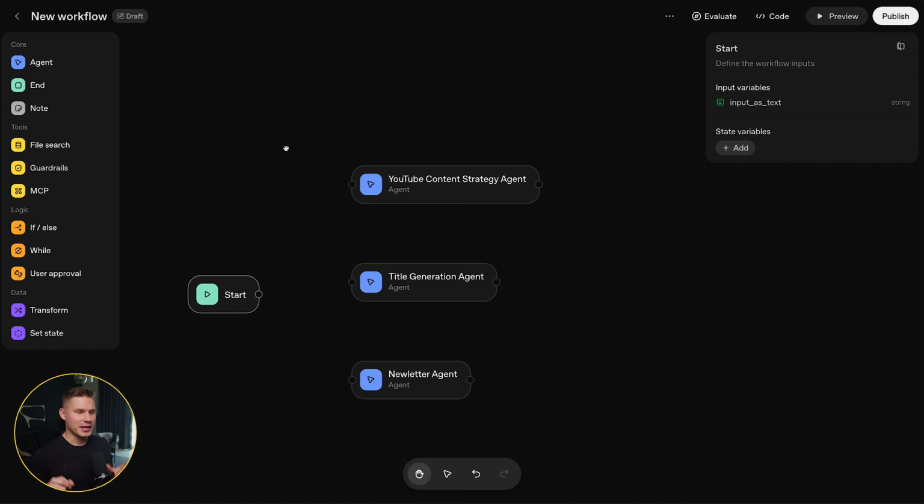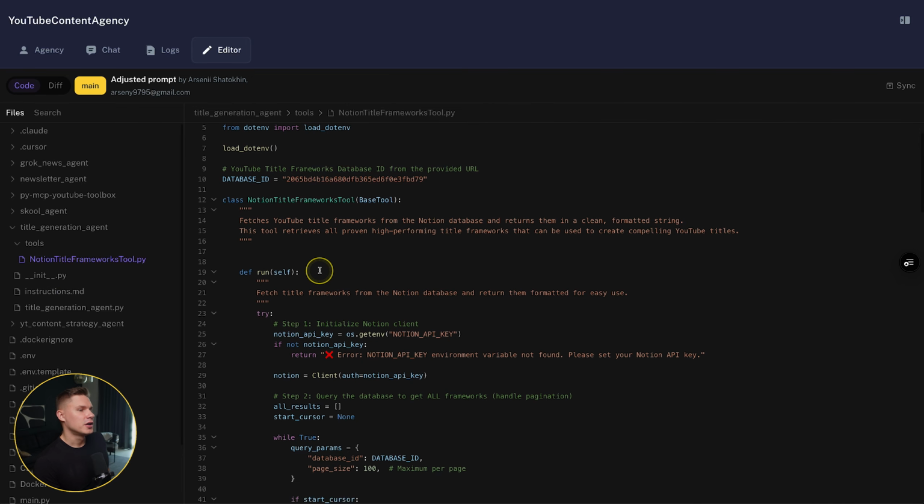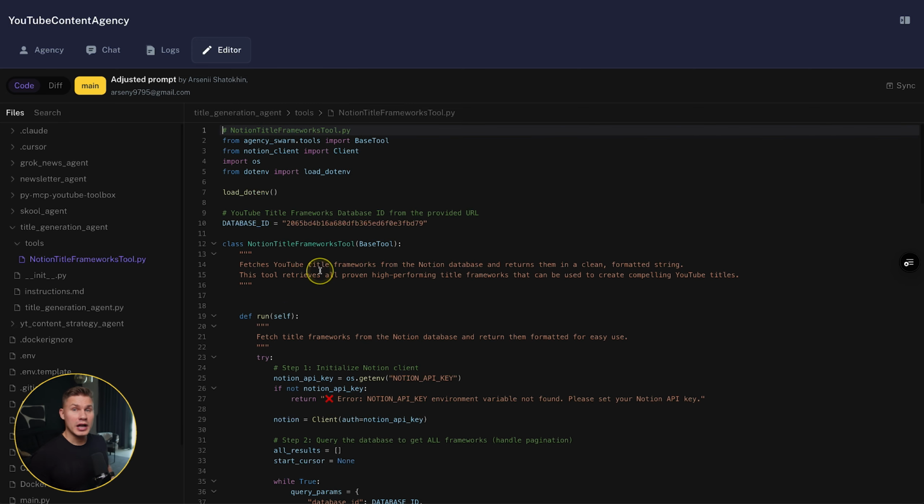Okay, finally, we have these three agents almost created, because in my agency, the title generation agent and the YouTube content strategy agent also have their own custom tools. Custom tools are incredibly important when you're building real production AI agents, because they give you way more control over the inputs and outputs.